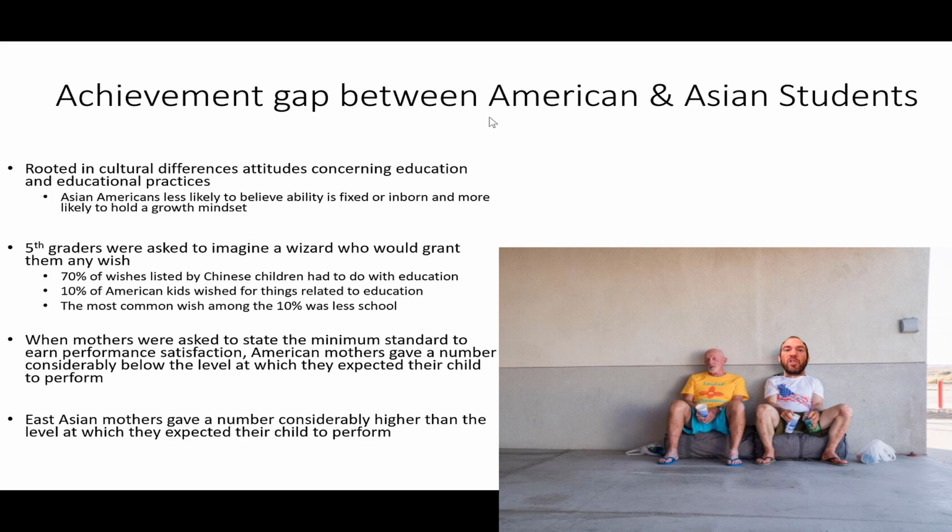In the first study, the Wizard study with Chinese and American children, first of all, 90% of American children did not wish for educational outcomes, and the majority of children who did talk about educational outcomes wished for less schooling. So again, this shows the emphasis on learning and education in American culture, as evident from these children's wishes. These educational values are not as emphasized within American culture, and this can be related to